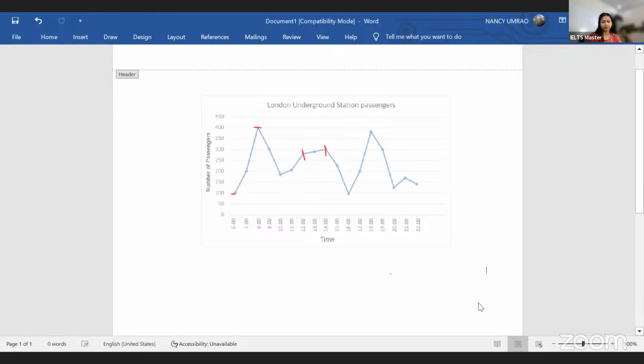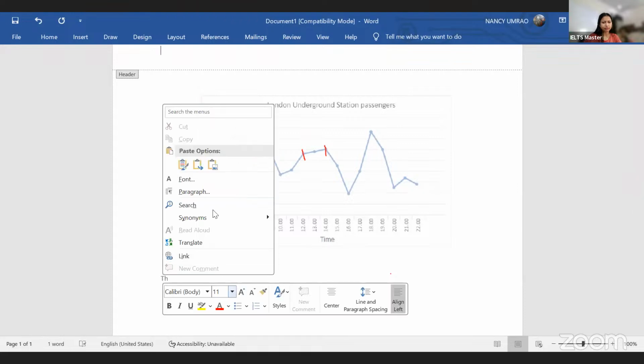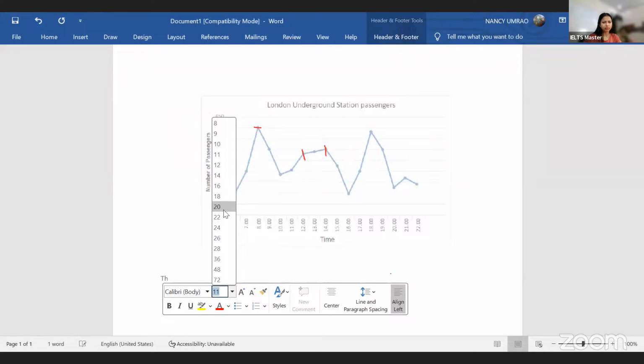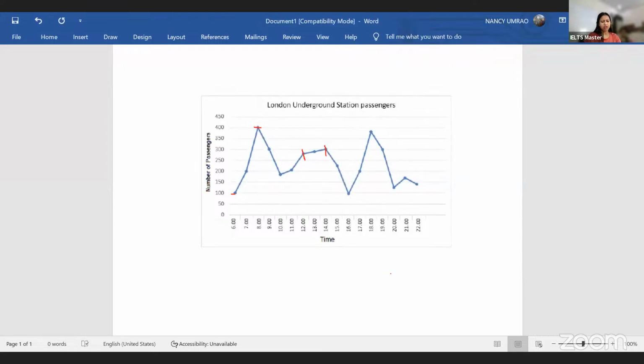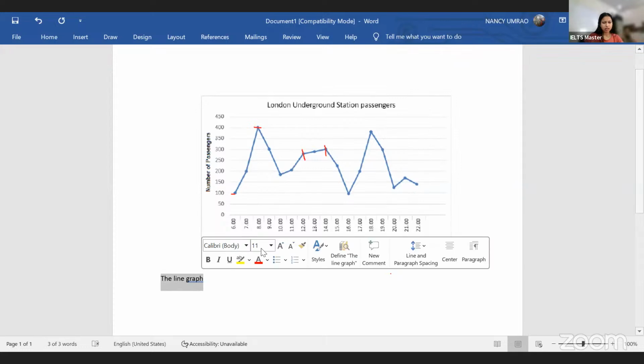Okay. Now write down this with me. So it is the, can you see guys whatever I'm writing? Yes, ma'am. The line graph, please write down with me. The line graph